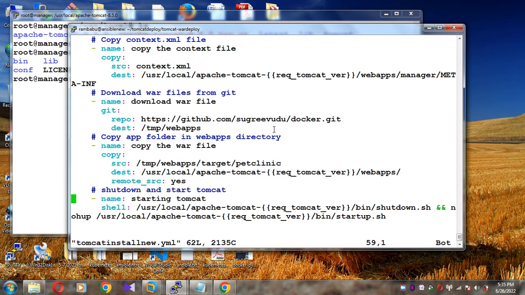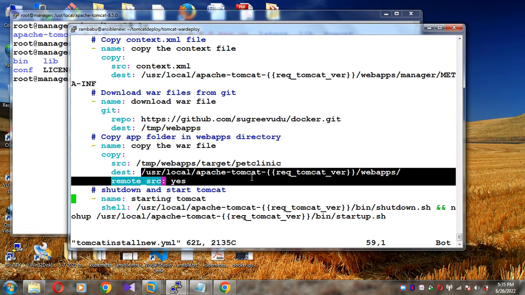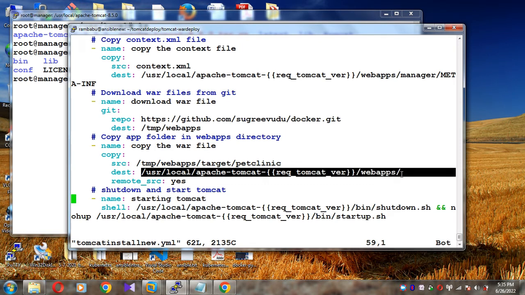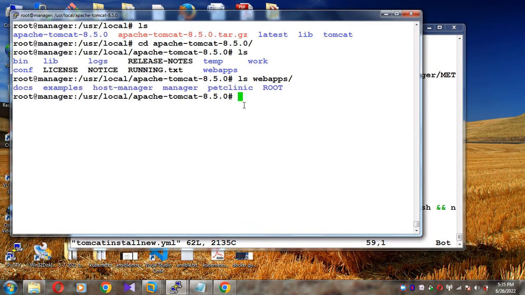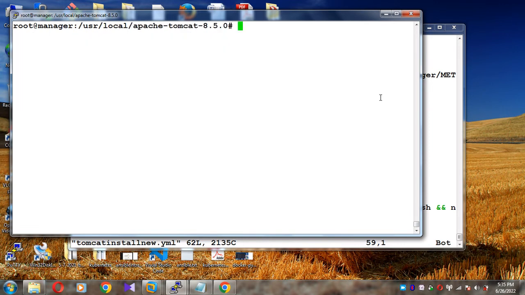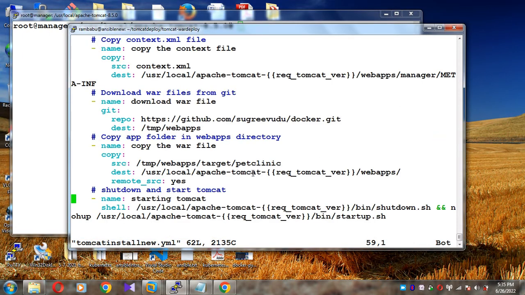This is the path. The webapps folder. ls webapps. Here, this is the folder, the application folder. Next, start and stop the